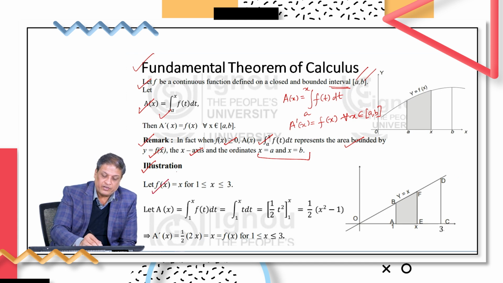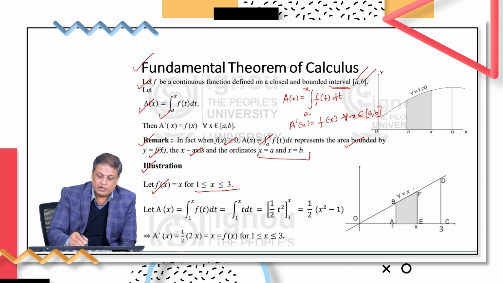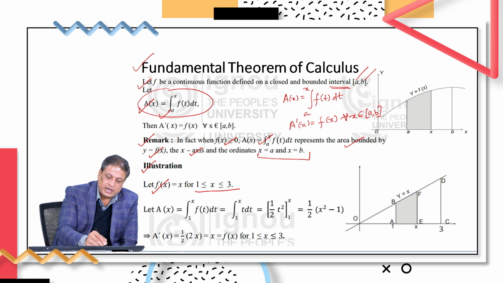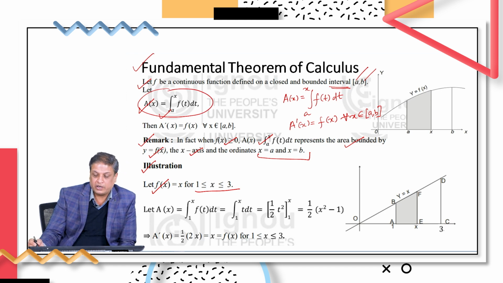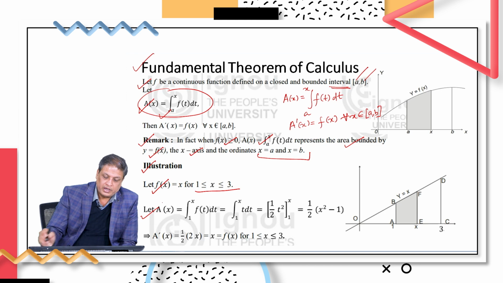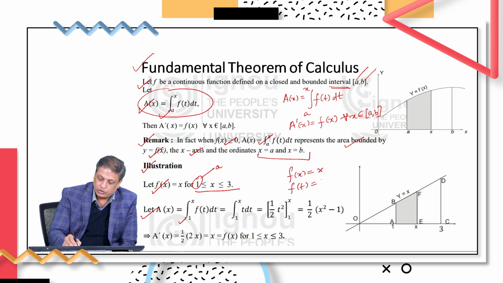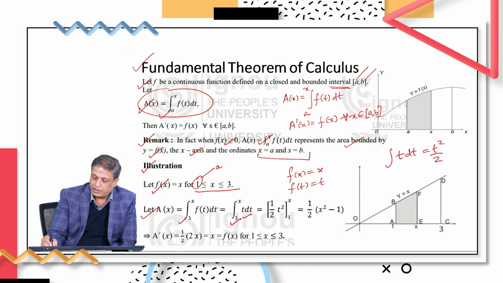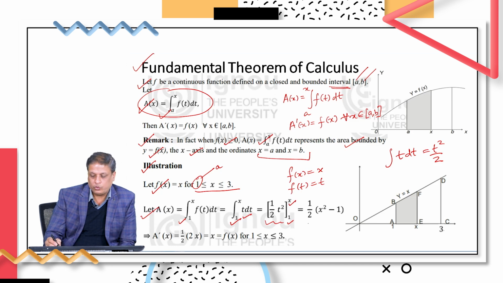We are given the function f(x) equal to x in the interval minus 1 to 3. Now, the theorem says A(x) is equal to the integral a to x f(t) dt. So, A(x) is equal to, the lower limit is 1, so this is a, the integral 1 to x f(t) dt. Now, because the function f(x) given is x, f(t) will be equal to t only. So, the integral 1 to x t dt. Now, integrating t dt, you will get t square by 2. So, this is t square by 2, which is to be evaluated in the interval 1 to x,